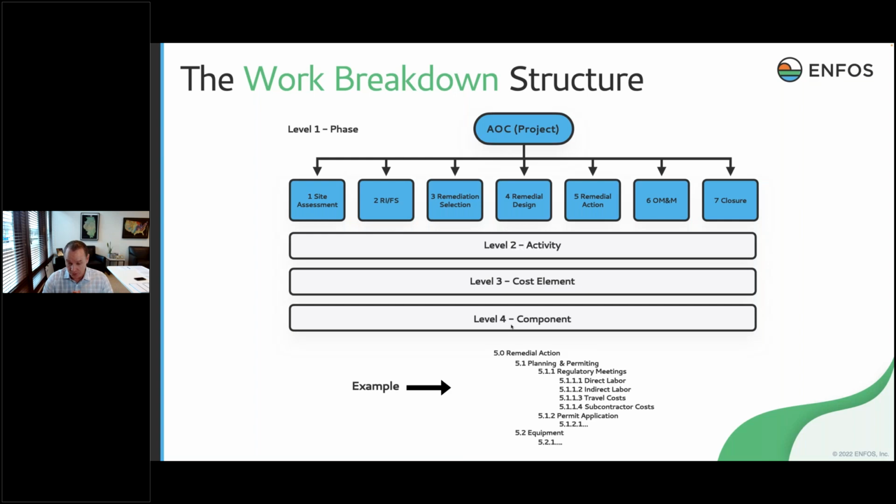These are just examples. But this is what it looks like as it unfolds, right? So you can see what we're doing here is we're creating a schema, a framework from which we're going to do all of our planning and budgeting, all of our work commitments, and all of our spend, right? Critical elements.